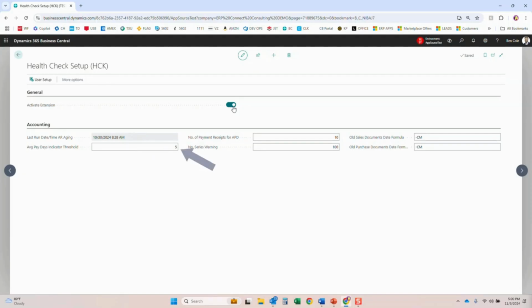Next is this average payday indicator threshold. This will be the buffer to highlight customers as chronic overdue or late payers. For example, if a customer's payment terms are net 30, the current setup would give them a 5-day buffer, meaning they wouldn't be flagged as a late payer, which will be highlighted in red, until they go 35 days overdue. 5 is just a number we like to use as an example, but this can be configured to whatever your